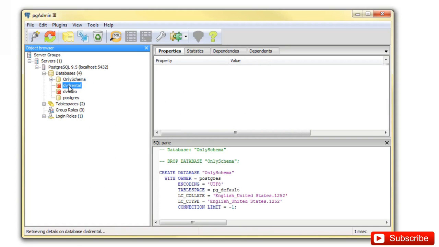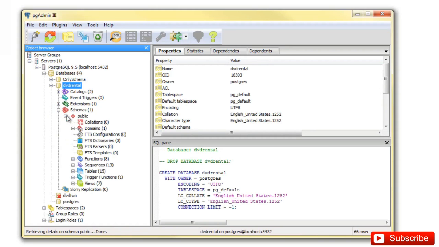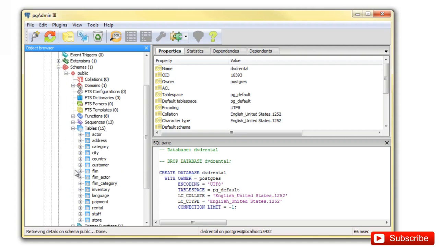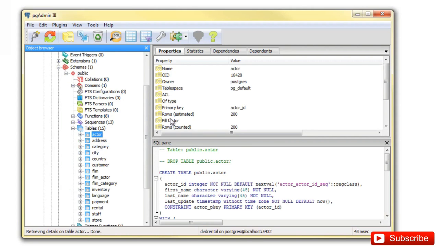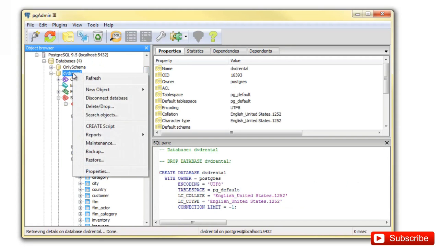Now let's say I wanted to restore it onto an existing database that already had the data. So for example, my DVD rental database here, if I go to tables, remember if I check actor, it already has 200 rows of that data. So how could I restore this database so that it only has the schema? Essentially just get rid of all that data, but keep the table schema. Well, I can do that in a really similar manner. I right-click DVD rental, click restore,